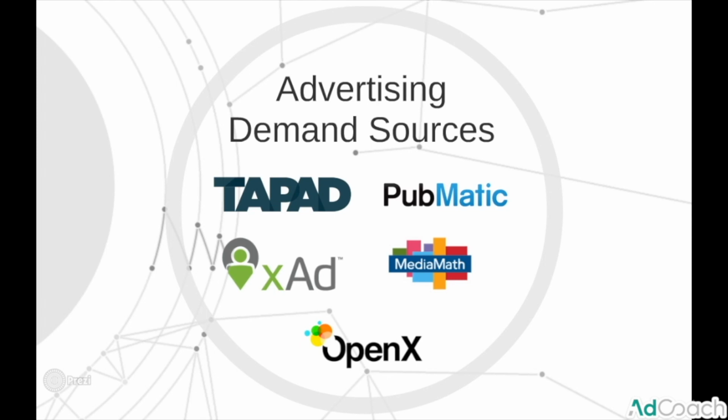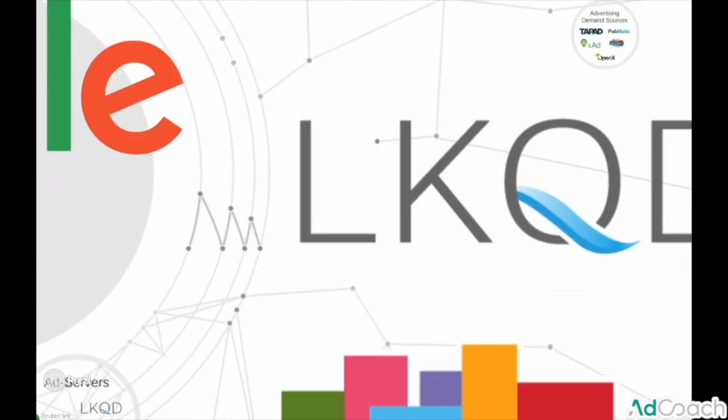So let's say XAD works with Starbucks, and Starbucks says we want to target people who are within 4 blocks of a Starbucks on their mobile phone. They would deal with XAD, and XAD would go out, find those consumers, and serve them an ad. Same type of setup for anything you can think of with TAPAD, PubMatic, MediaMath, OpenX, just to name a few. Now, those advertising demand sources and the advertiser themselves have to work with something else, something that's called